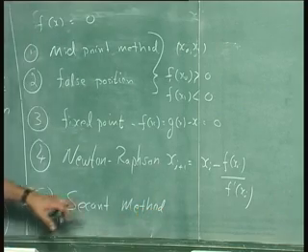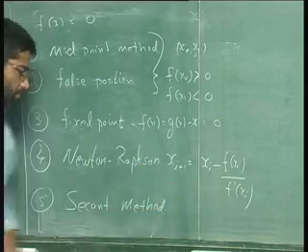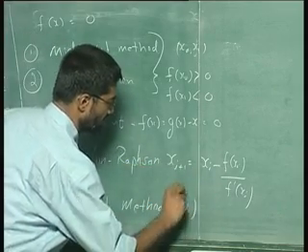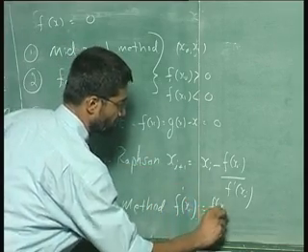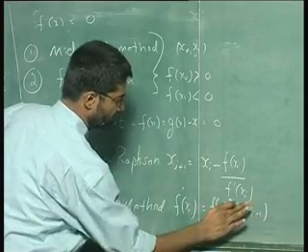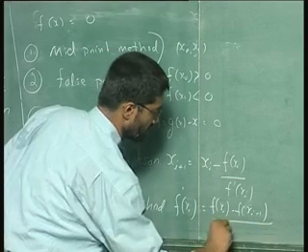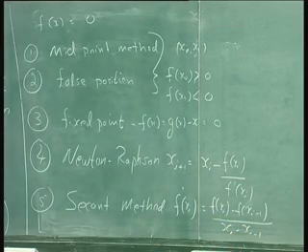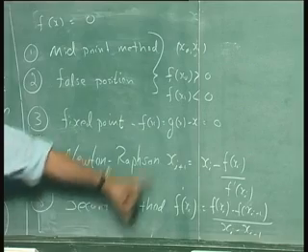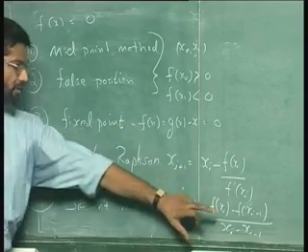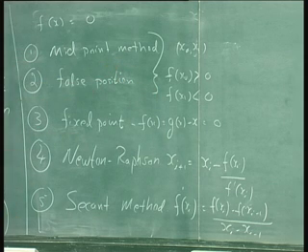In the secant method we simply replace the derivative f'(x_i) by (f(x_i) - f(x_{i-1})) divided by (x_i - x_{i-1}). So again this requires two guess values for the secant method, but we do not need them to be on either side of the 0. So, these are the methods which we looked at to solve